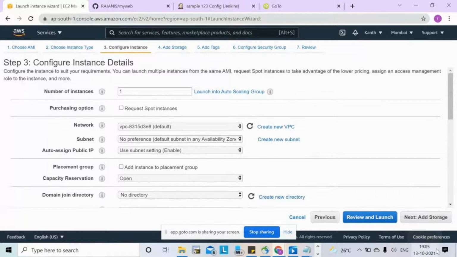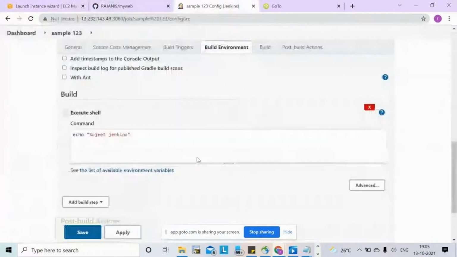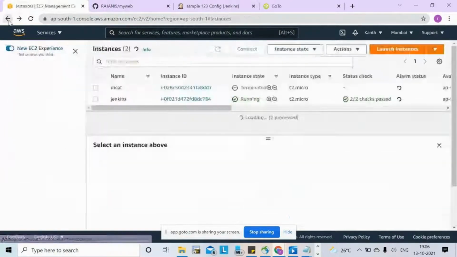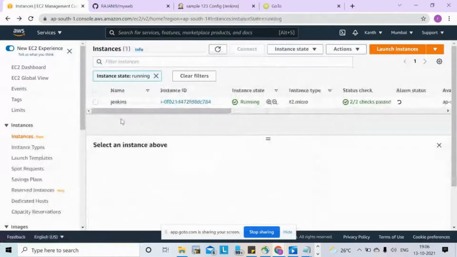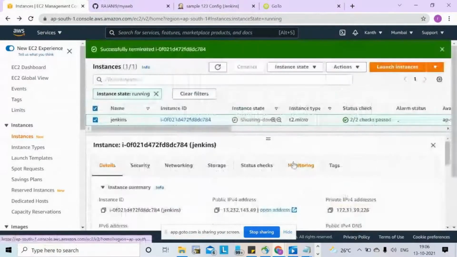Okay, no problem. Can you allow me 1 minute, Sujit? Then I'll install Jenkins once again. I think I created it in the default availability zone. So you chose Jenkins in a different zone, am I correct? Yes, in the default zone, so we need to select the zone first. No worries, I will install very fast.